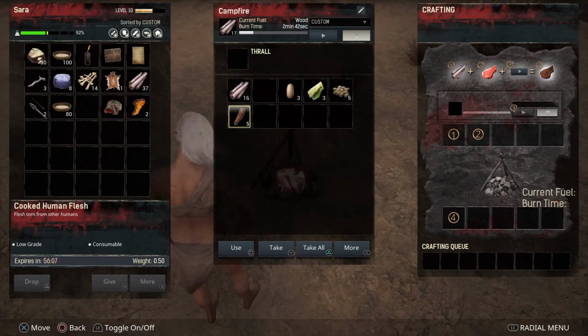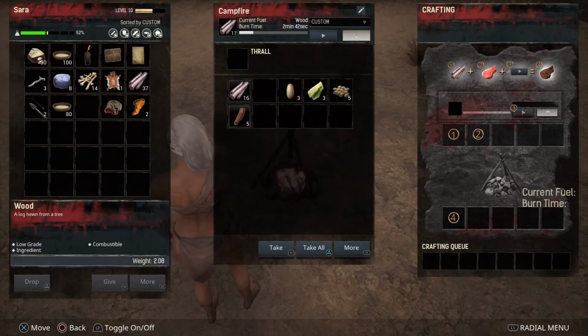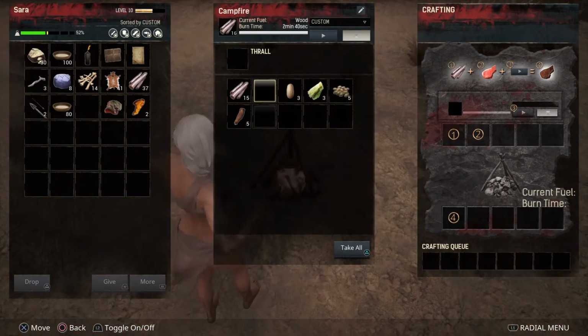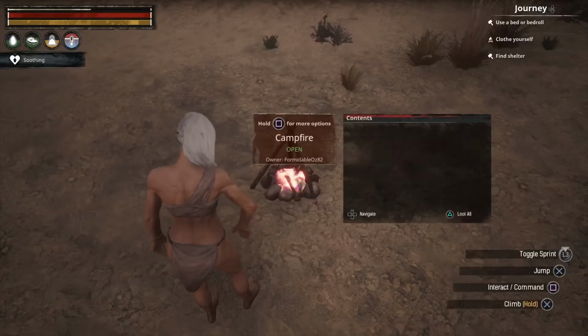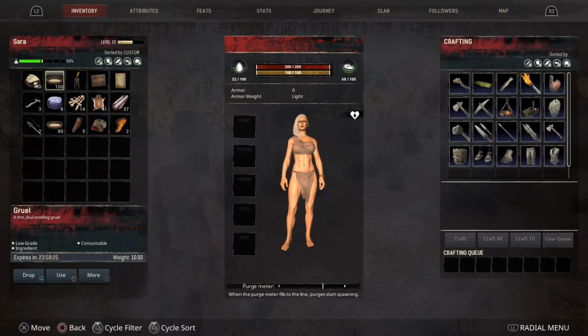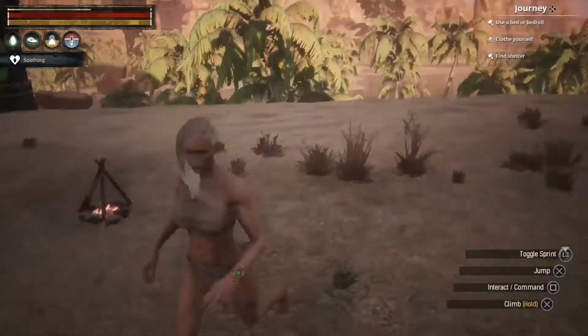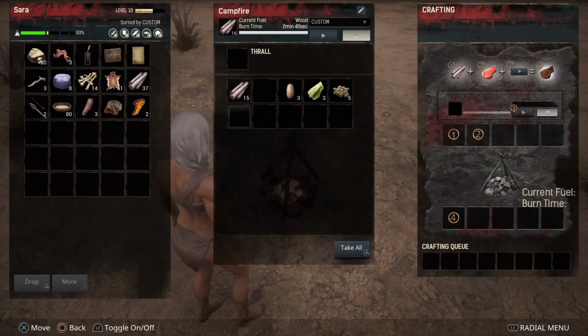So once it's cooked and there is nothing else left to cook, it will automatically stop. So unless you start it again like this, it will stop cooking once everything available has been cooked. So transfer it to your inventory. Just press R2 and there you go. And let's put the gruel in our hot wheel actually. So let's swap that and swap that. Then we can also cook these